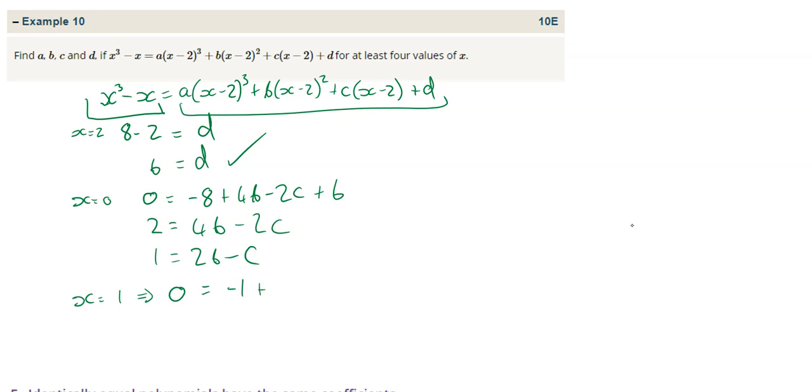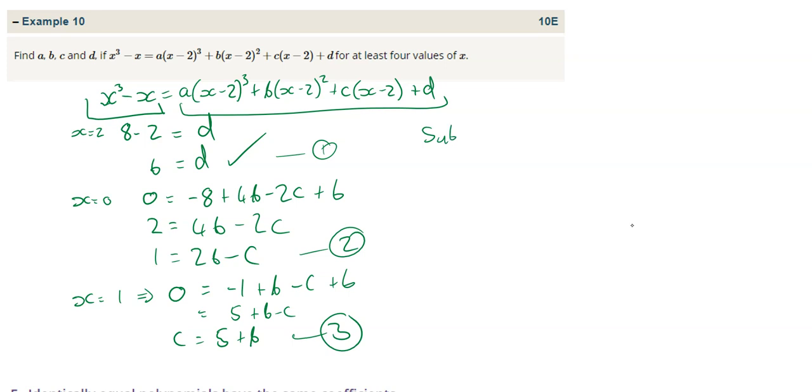Plus negative 1 squared is positive 1, so b, and then minus c plus 6, which is 5 plus b minus c. So c equals 5 plus b, and we've essentially got 1, 2, 3, and a sub 3